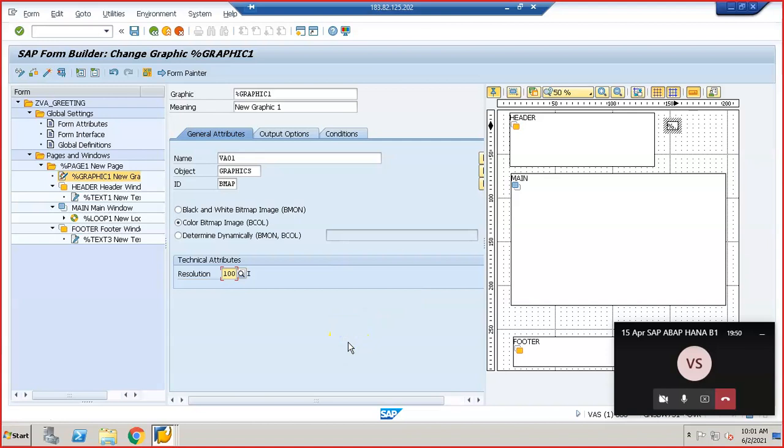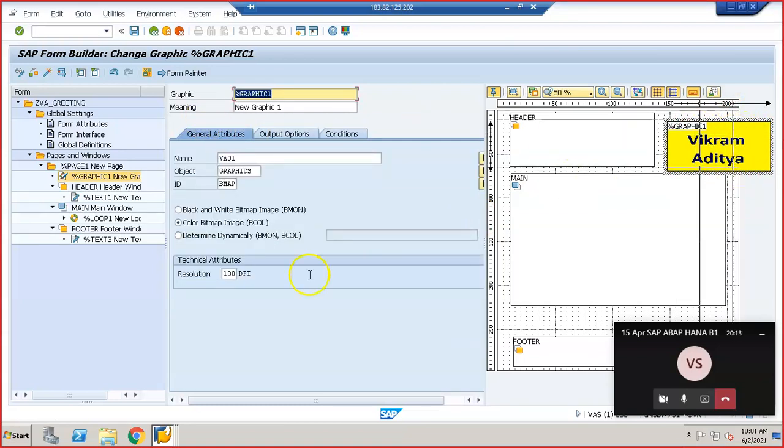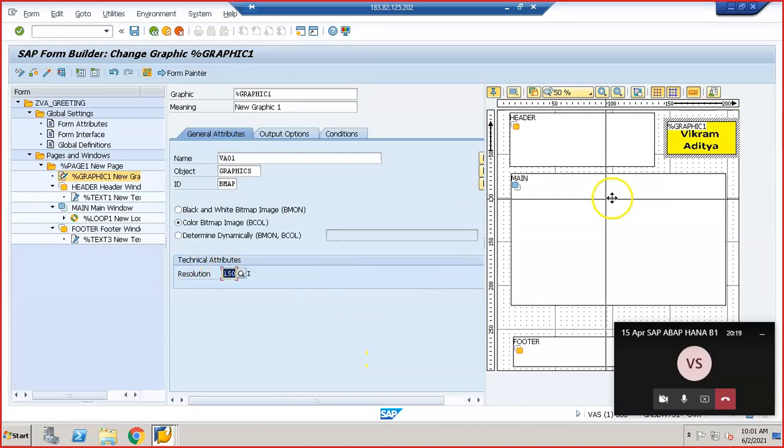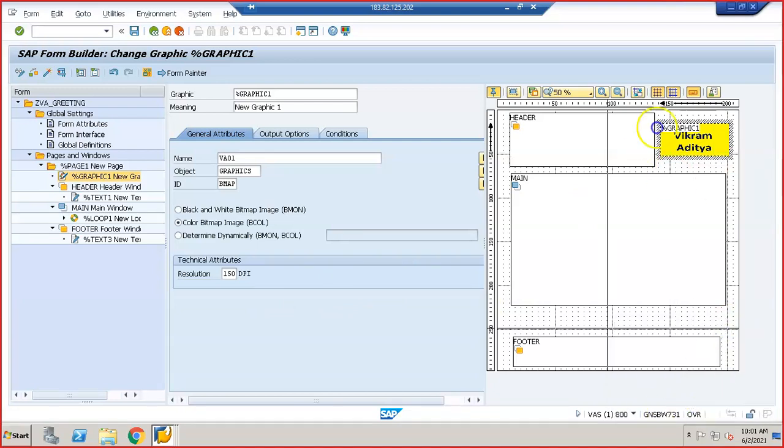If you feel that it is bigger, you can give a higher resolution. Let's say if you give 200, it will become smaller. If you have 50 resolution, you'll get bigger. So you can see that this is becoming bigger than the page, so I'll make this as 150. If I make the resolution bigger, it becomes smaller, and I can just adjust it. This facility was not available in our script concept, because in script concept you'll not be able to see the image like this.